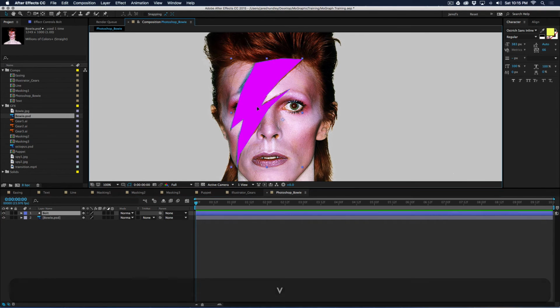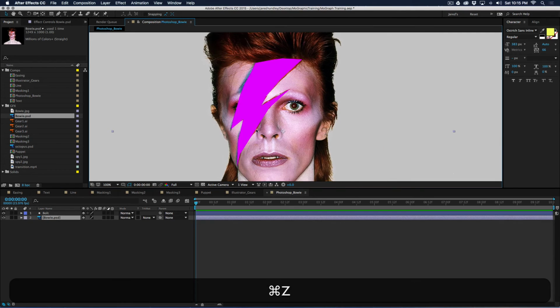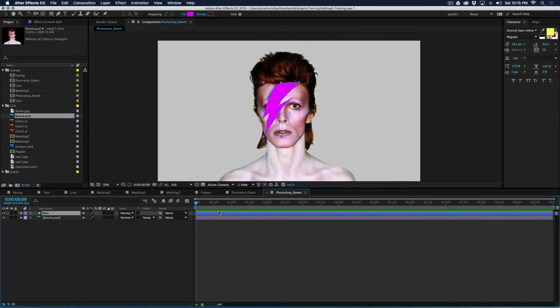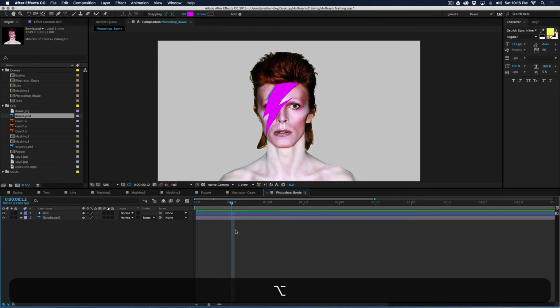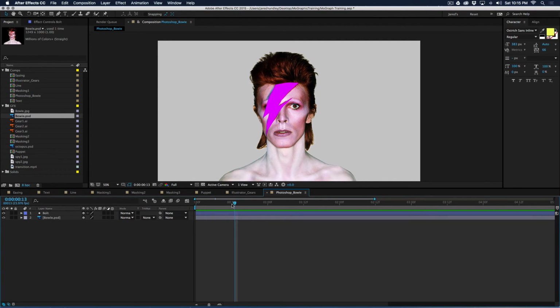All right, so you have two layers. You have this lightning bolt that you drew, and then a Photoshop file that we brought in. Okay, let's set the duration. We haven't done this yet. Duration of the